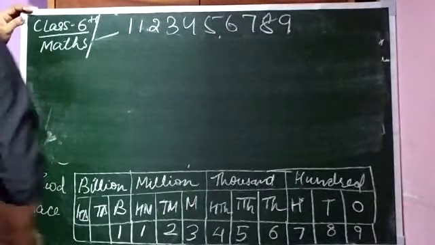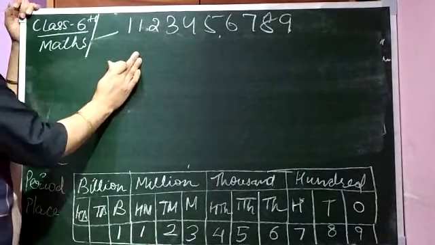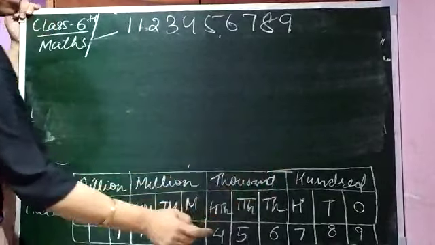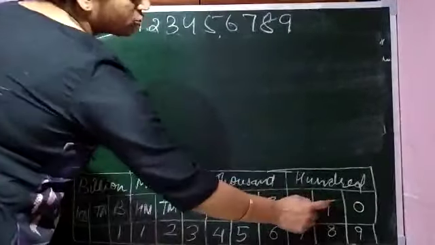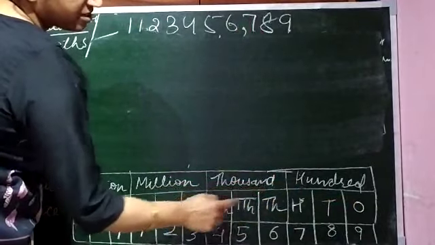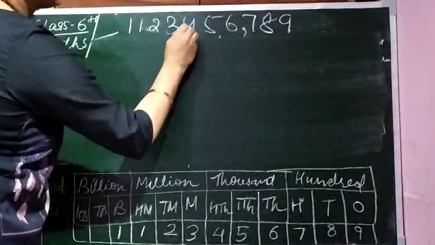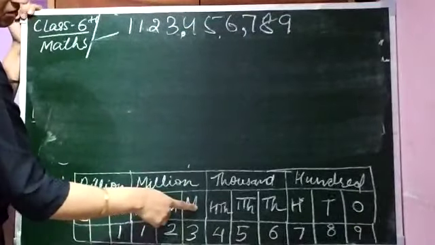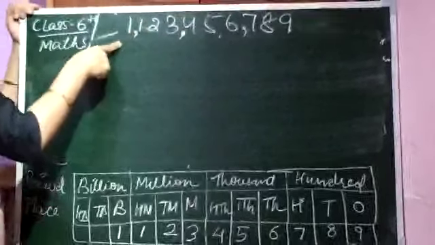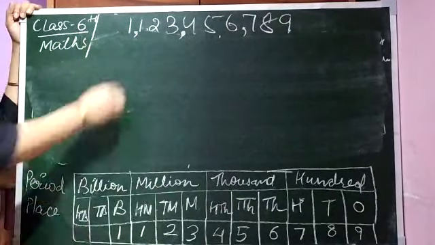Now look. This is the number. Firstly, put the comma. See the first period. How many places are there? 1, 2, 3. So after 3 places. Then after, how many places are there? 1, 2, 3. Then 1, 2, 3. Okay. Then how many places are there? Say 1, 2, 3. Again 3. 1, 2, 3. Now we are not having any number. Now just name it.